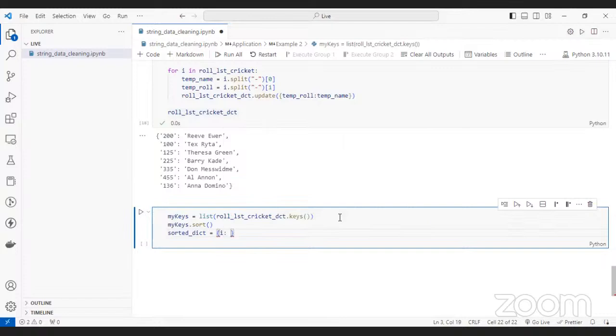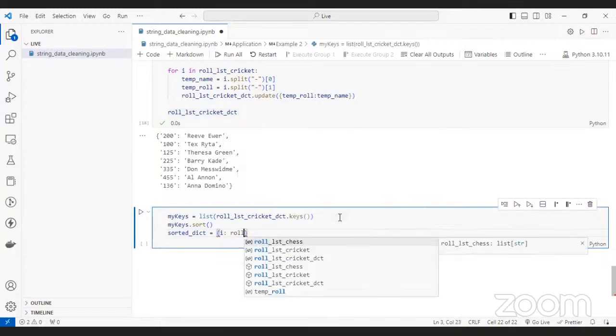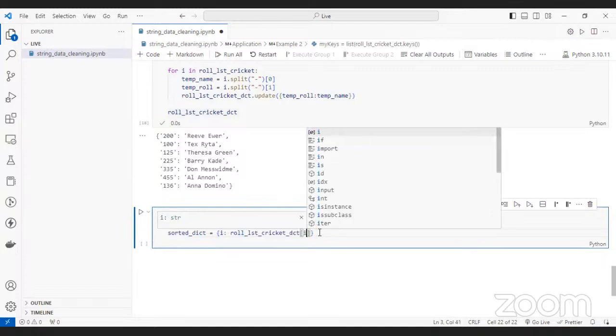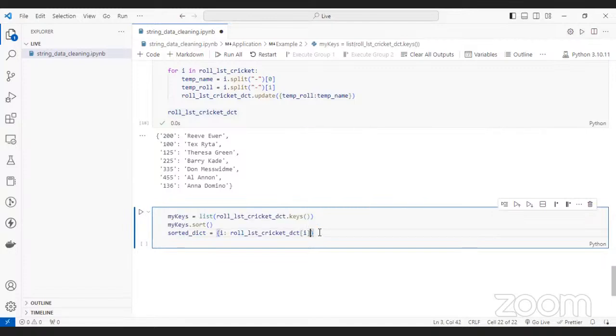I and role list dictionary. Okay. And after that, the I will be fed. Okay. For I in my keys. So what is the syntax doing? Simply, this syntax is, first of all, the keys have been sorted, right? So these keys have been sorted, and the keys after sorting have been stored inside